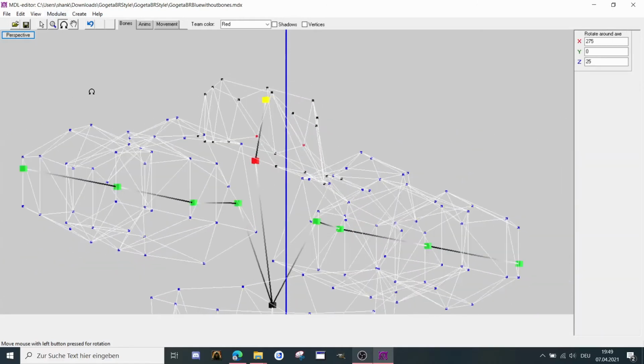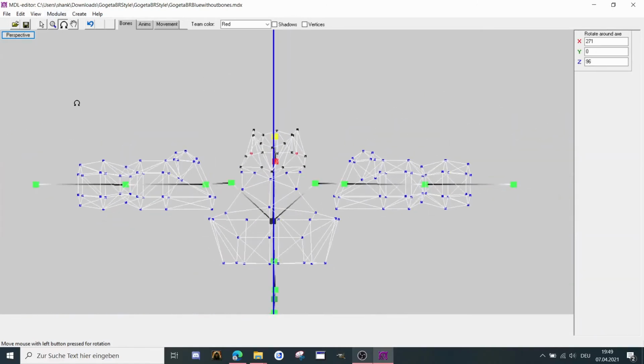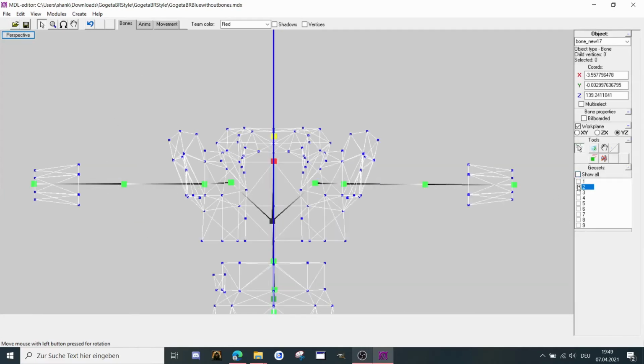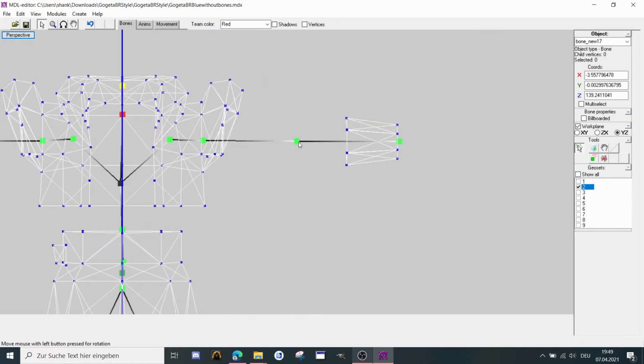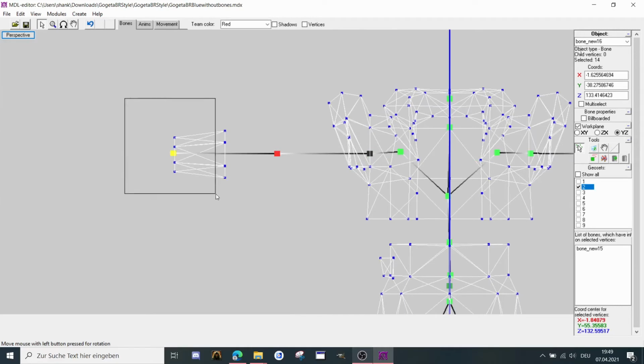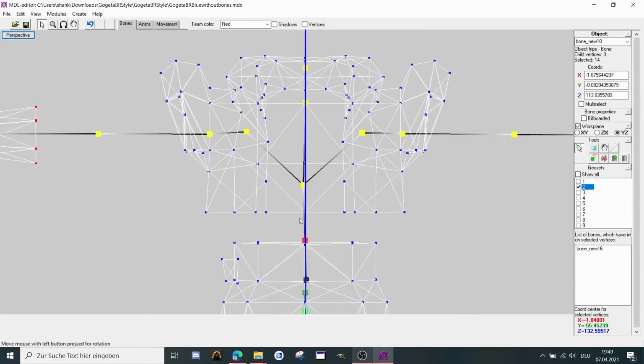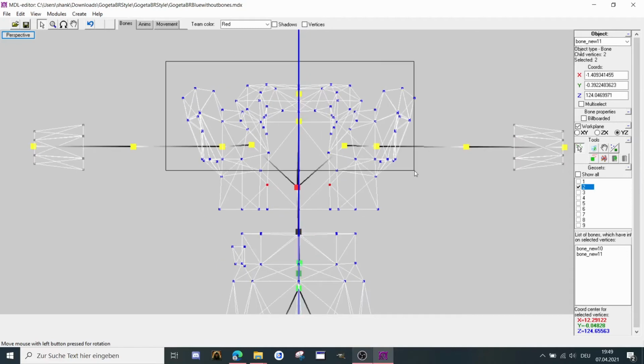So yes, that looks good. Okay, so let's get to the next point here. Selecting that one, connecting it to this bone, to that bone here. So our chest, selecting that one here and this one here at the same time to that one, connecting all the stuff here